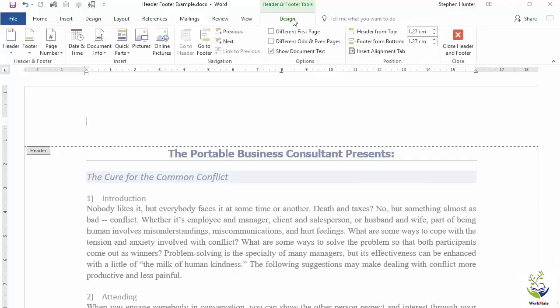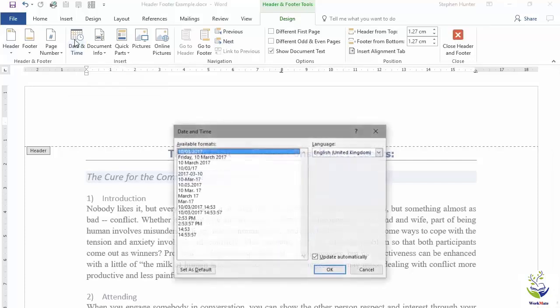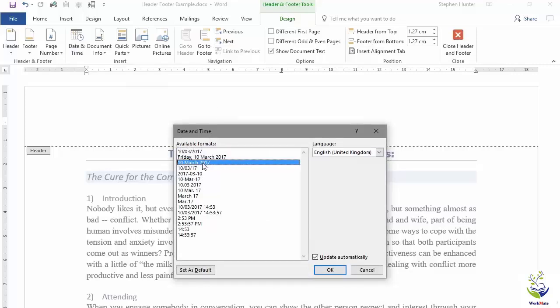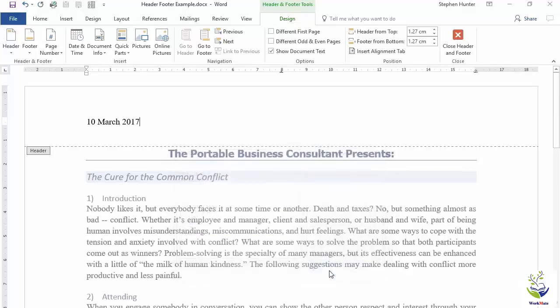At that point I'm free to either type exactly what I want, or if I go to the Design tab, I can choose exactly what I want. Okay, so I'm going to click Date and Time on the left hand side, and that will put in the date and time for me. So I can choose a particular date format. That's the one for me. And I can also choose whether or not that will get updated automatically. So if this is ticked, the day I print, that'll be the date that's on there. If I untick it, it will put in today's date, and that will be static. Okay, so I'm going to say update automatically, click OK,